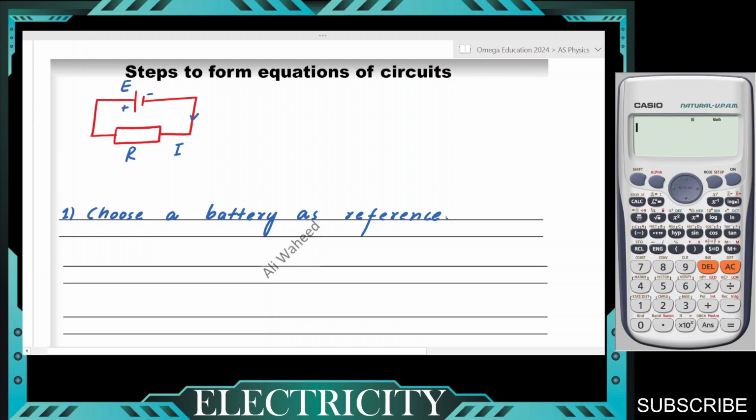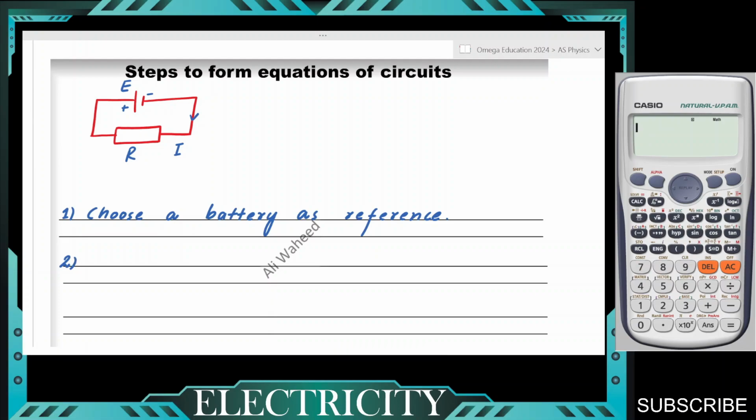And you need to consider that there are at least 3 to 4 ways you can solve the circuits. There are different methods, and pretty much every teacher has a different method, and different books also follow a different method. So I'll give you an introduction of a couple of methods, the most famous one, and then personally I would suggest this one, and then you can adopt any of it. So the first one is mark one battery for your reference, and you have marked the positive and negative. And in the next step,